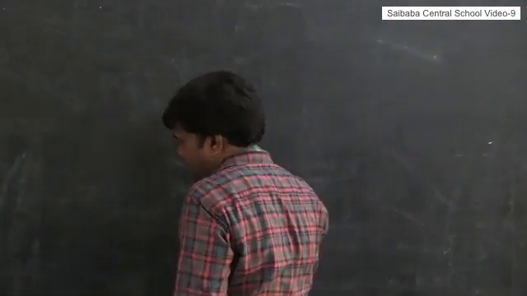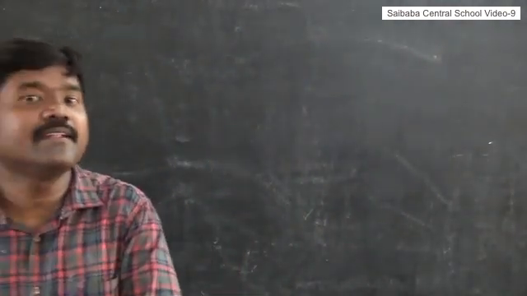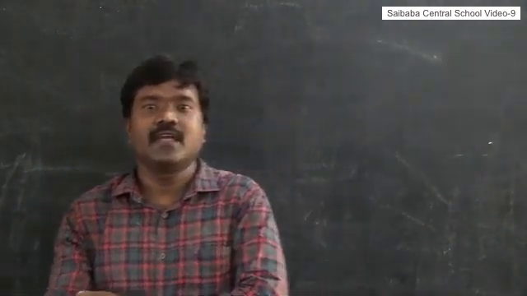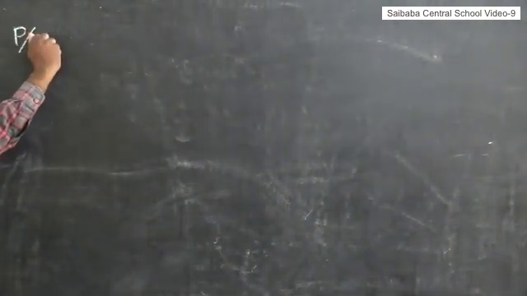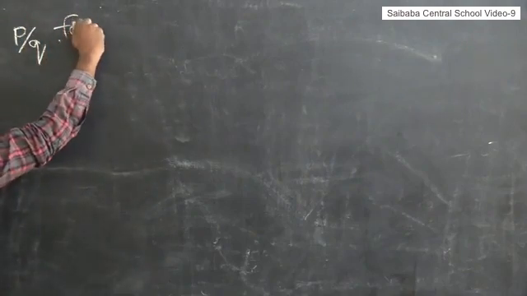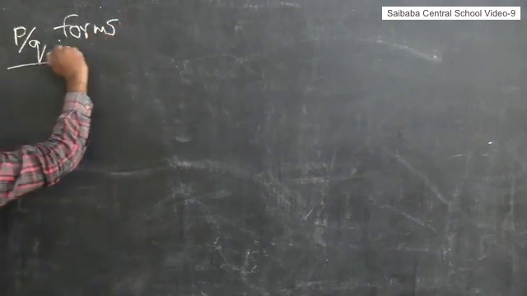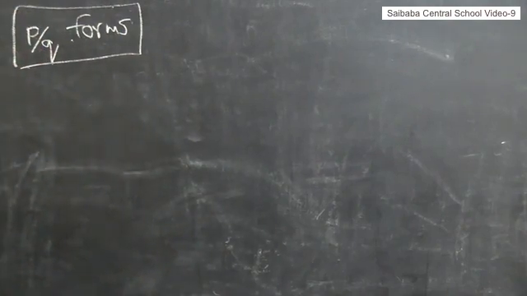Decimal expansions of rational numbers. I'm taking some decimal expansions of rational numbers, and then we discuss converting them into p by q forms. Now let us take some examples. This is a very important concept. We have more problems in this method. How to write the decimal expansion of numbers into p by q form. Learn it carefully.